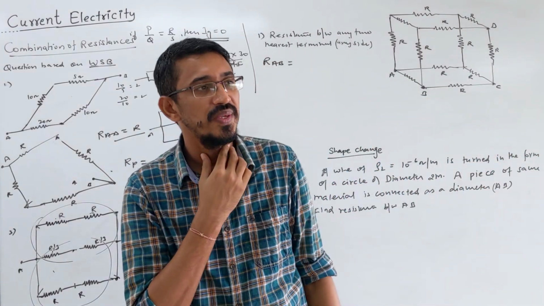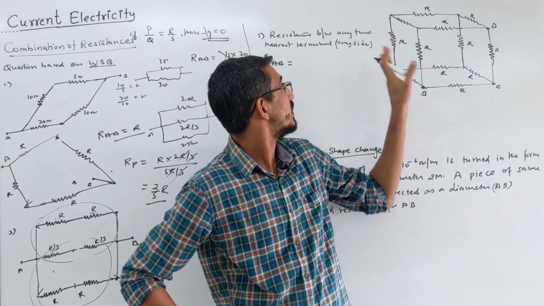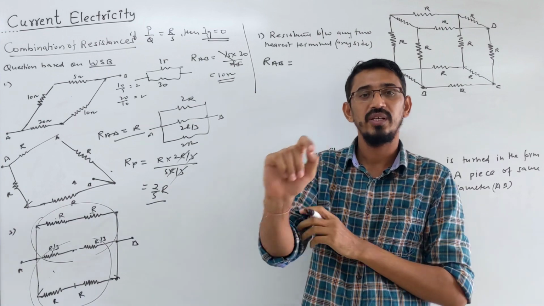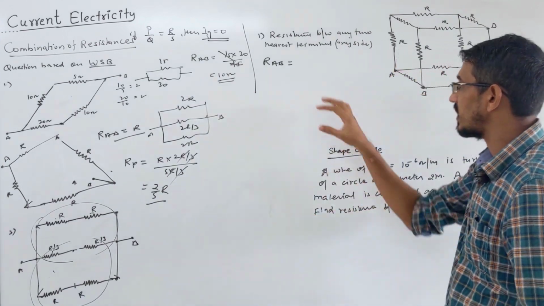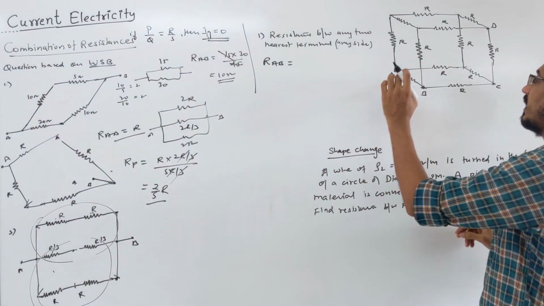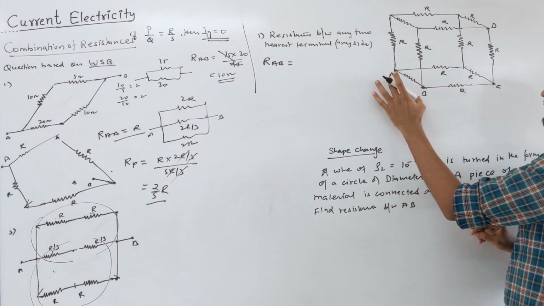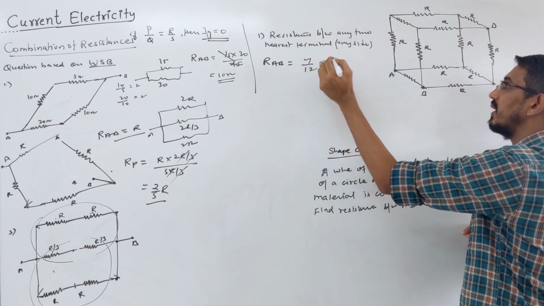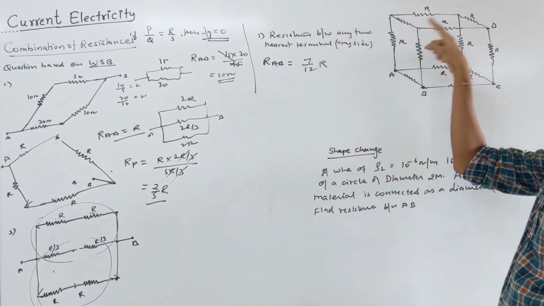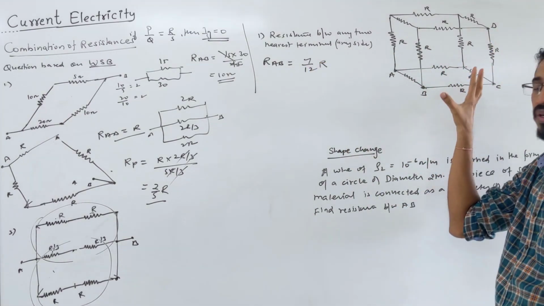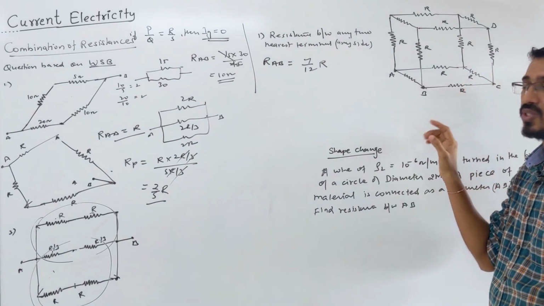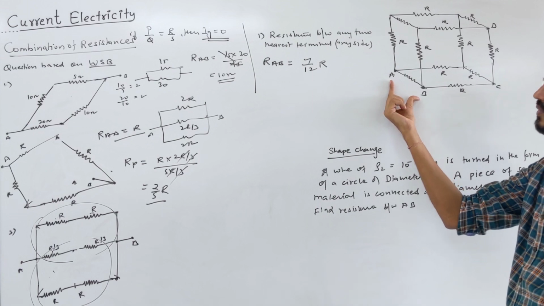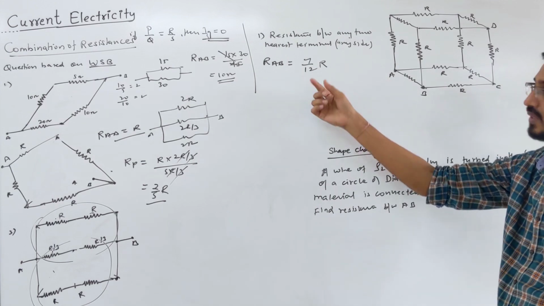Once more, this question is very important, and how we solve this, how we get the answer, we can do after learning Kirchhoff's law. Right now we don't know Kirchhoff's law, so I'm just writing answers, you have to remember. Any side, like this is a side, this is a side. What is the answer? 7 by 12 of R. R is the resistance of any one, all identical resistances of value R. And what is the net resistance across any branch AB? The answer is 7 by 12 of R.